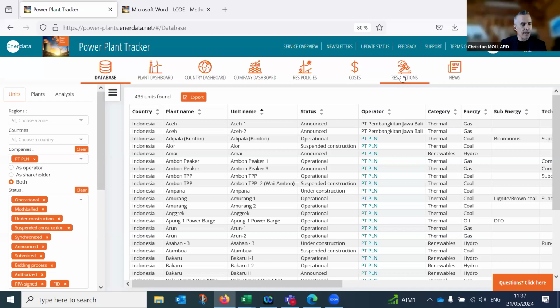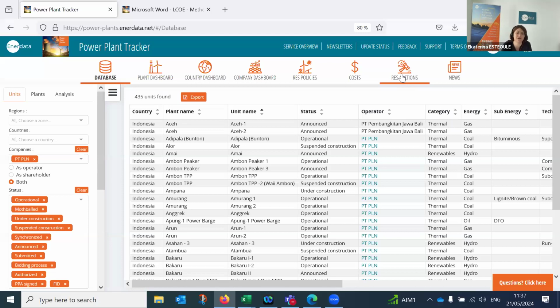Next question. Do you make any estimates in the database? Good question. Estimates, no. In the Power Plant Tracker, we only publish real data. There are no estimations, for example, on the commissioning year of a project or the decommissioning year of existing power plants. Even in the cost modules, it is only in the LCOE module that we have estimations, and you can easily consult the document about the estimations behind the LCOE.